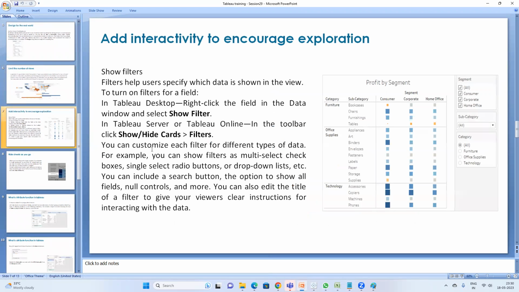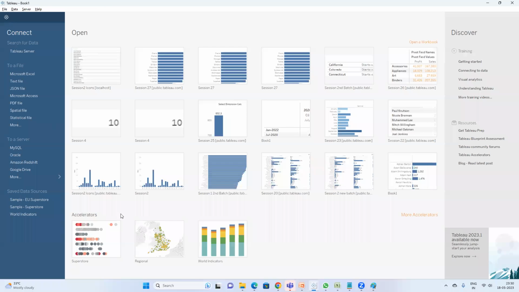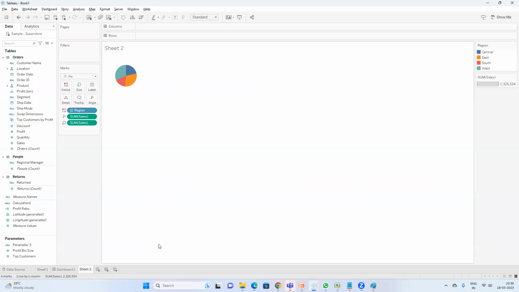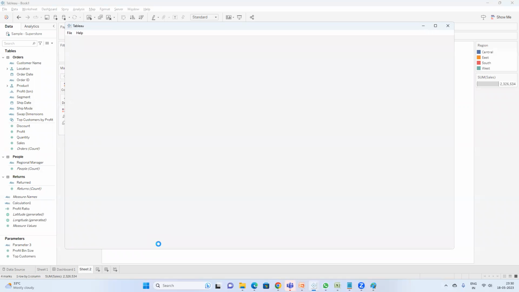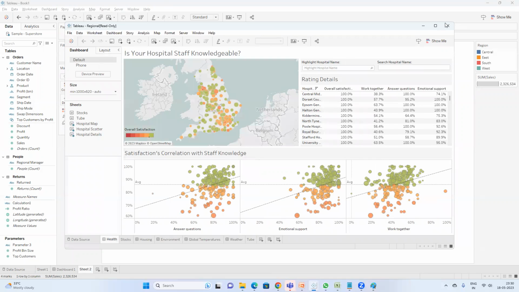Okay, and add interactivity to encourage exploration. I'll take an example of a dashboard which has already been built by Tableau. I'll just show you how this interaction works, so that we can interact with one worksheet from the other worksheets that are being used in a Tableau dashboard. Okay, so now that we have this dashboard,